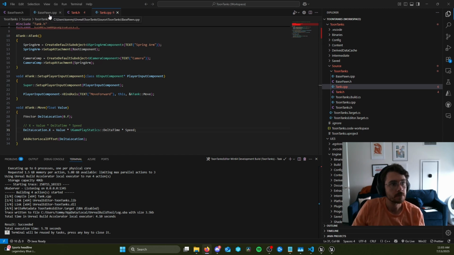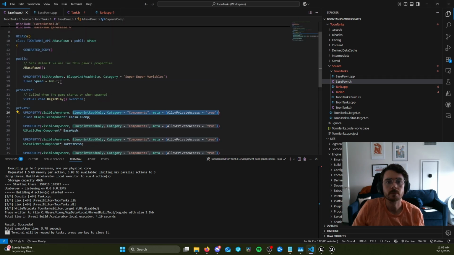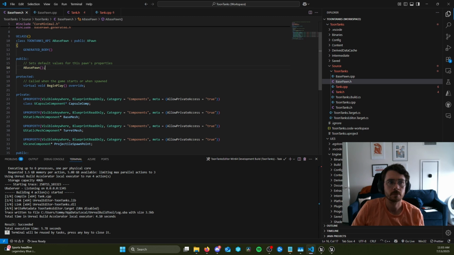In fact, I don't need these other int32s that I created to demonstrate the UPROPERTY specifiers, so I'm just going to highlight all of these and delete them from the BasePawn class. I don't want them anymore, so they're gone. Now, you might also remember that I referenced that speed variable in the pawn tank blueprint. So I'm going to open up BP_PawnTank, and here in the event graph, there's that speed variable that I referenced. Since I no longer need this anymore, I'm going to go ahead and delete those nodes and compile and save my BP_PawnTank. Okay, after cleaning up all that,